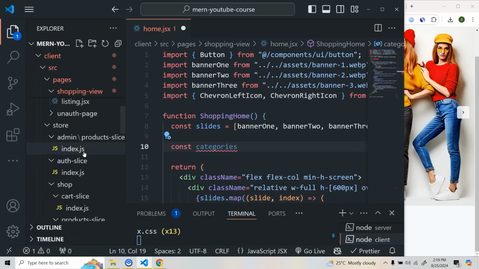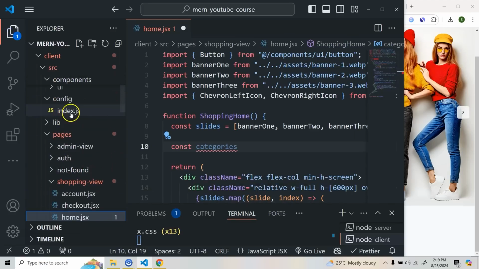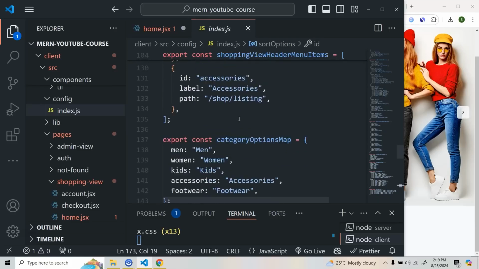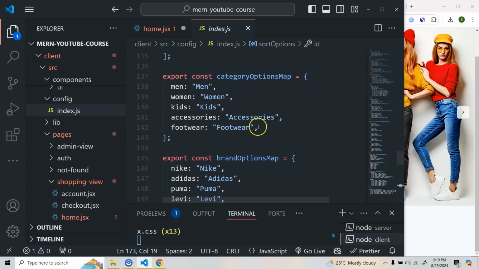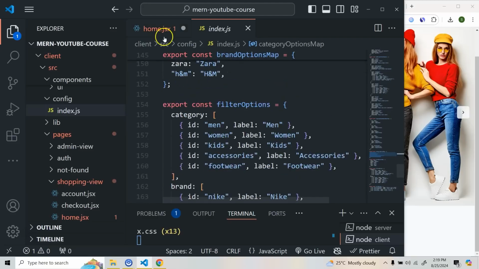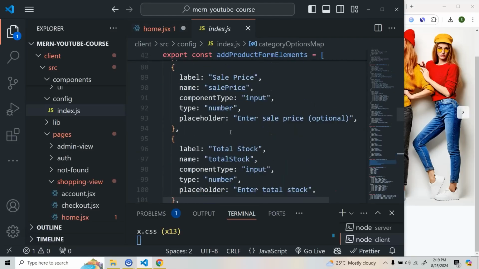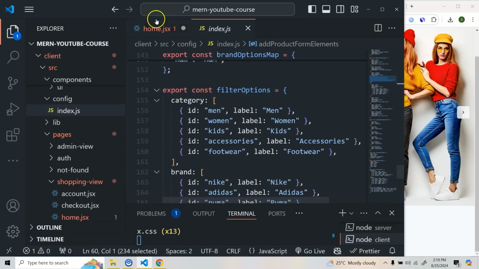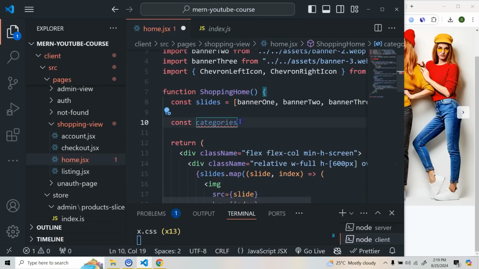We'll go to our config, and if you see here, right, we have these categories or something. I think we have a categories map. This we can also use, but I think we also need something like an icon. So what you can do, let's copy this from here, and then I'm going to paste it,